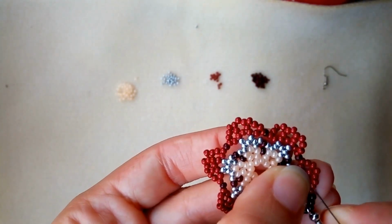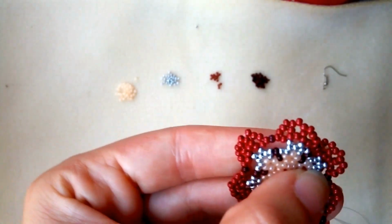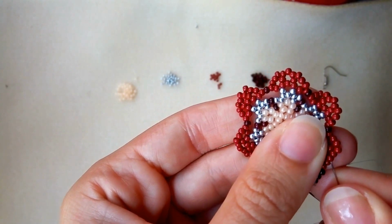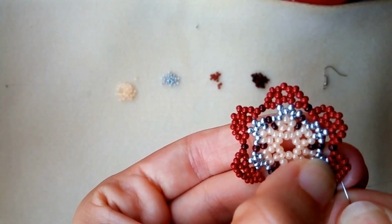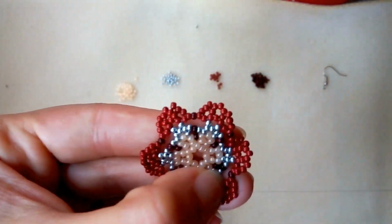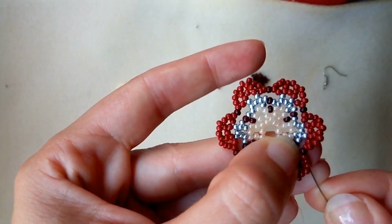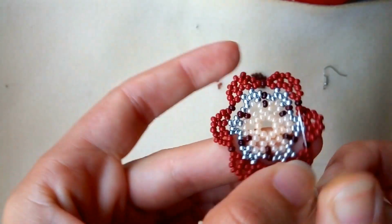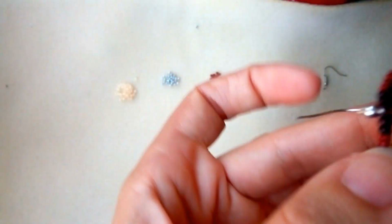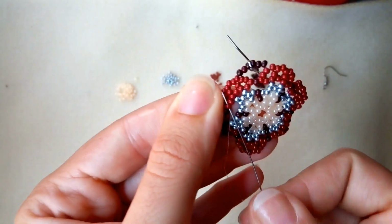Now what I want to do is that I want to go somewhere with my thread where I think it's a good place to make a knot. Because I'm working with 11/0 seed beads, it's better to hide my knot probably somewhere in the center of my earrings, so it won't be that visible. So I will choose to come down here. You might choose another spot, but I prefer to go here,